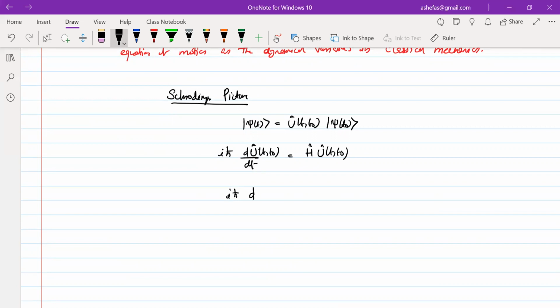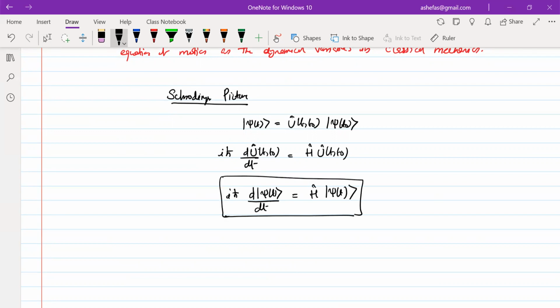Therefore we get the corresponding time dependence equation for the state vector,